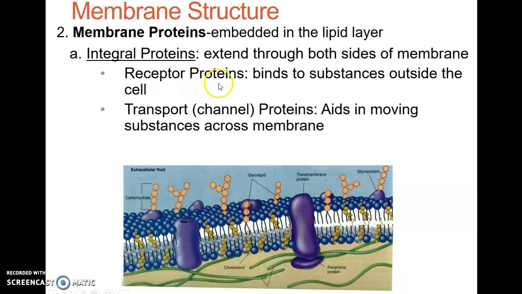Receptor proteins bind to substances outside the cell. This is kind of a lock and key kind of thing. So if this substance has the right key, it'll fit into the right lock and they'll hook together. While this transport channel, these guys, aids in moving substances across the membrane. And the shape of the substance, its chemical structure, is actually a big deal when you're transporting this stuff across